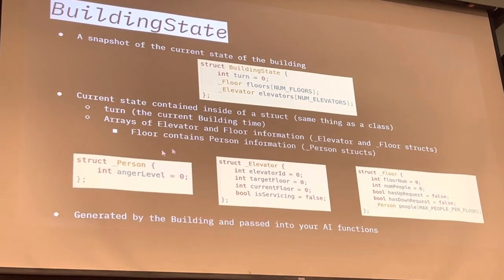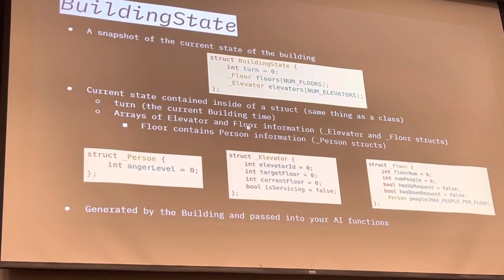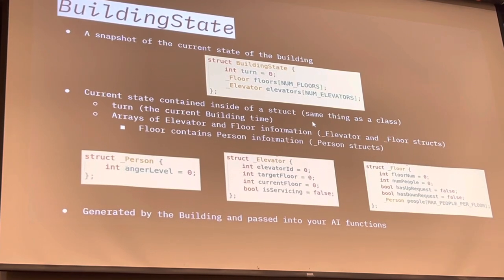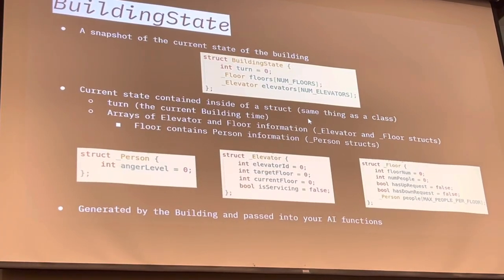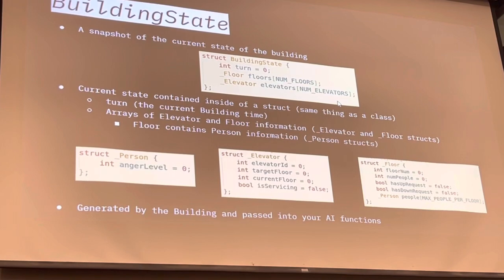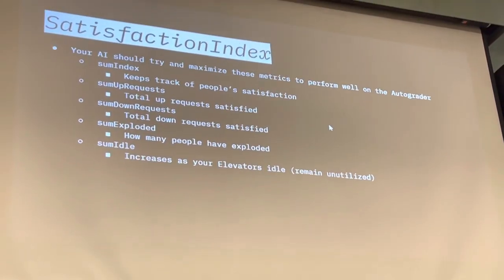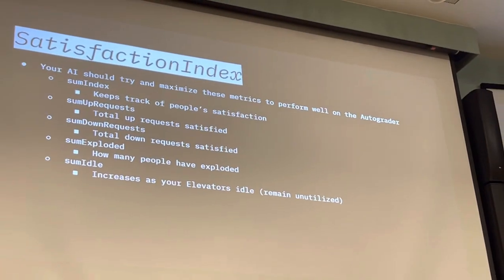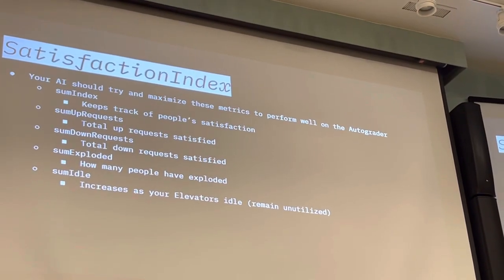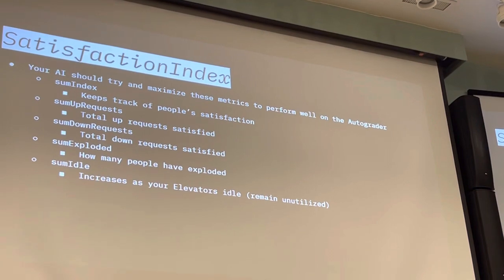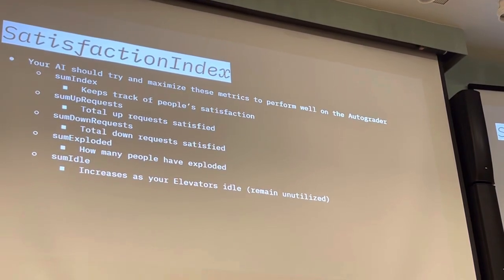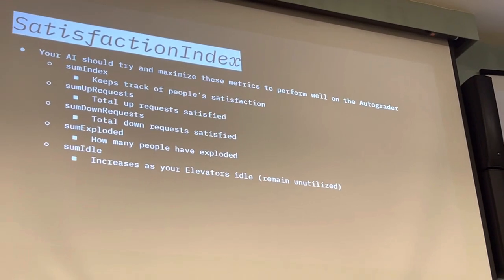And then, yeah, so you treat it like a class, and then your turn is just going to be, I think of turn as synonymous with time. And then it just stores all the information that you can use in your AI. And then satisfaction index is going to be how you decide that you're doing well. So sum index is going to keep track of people's satisfaction. It's going to sum up how happy everyone